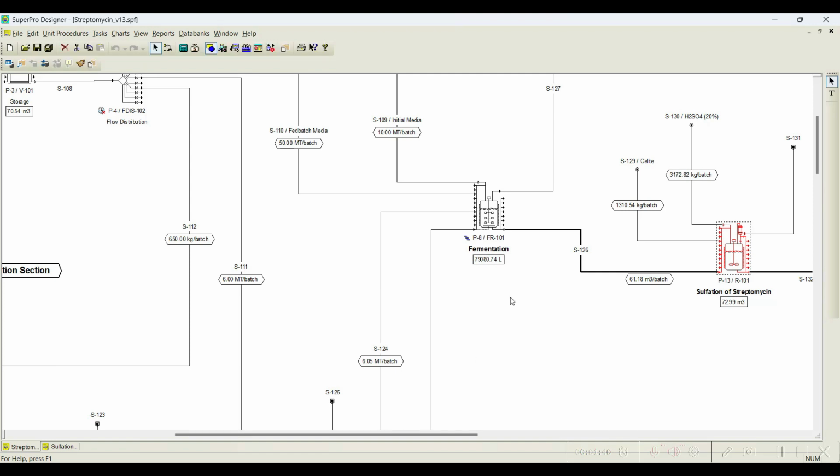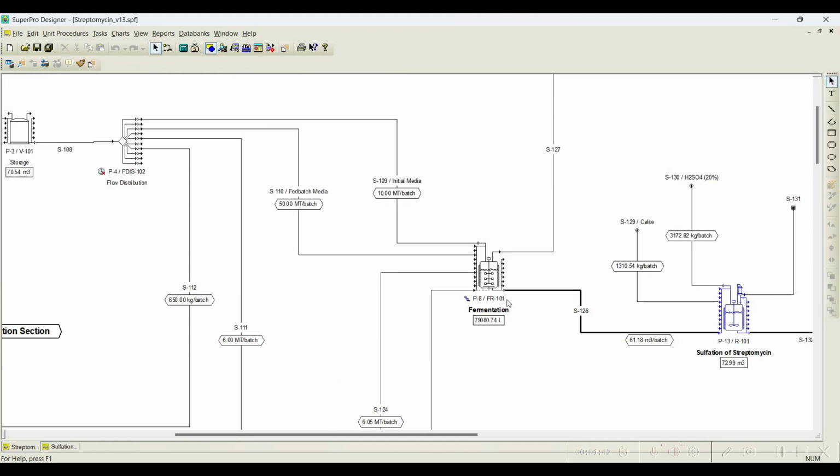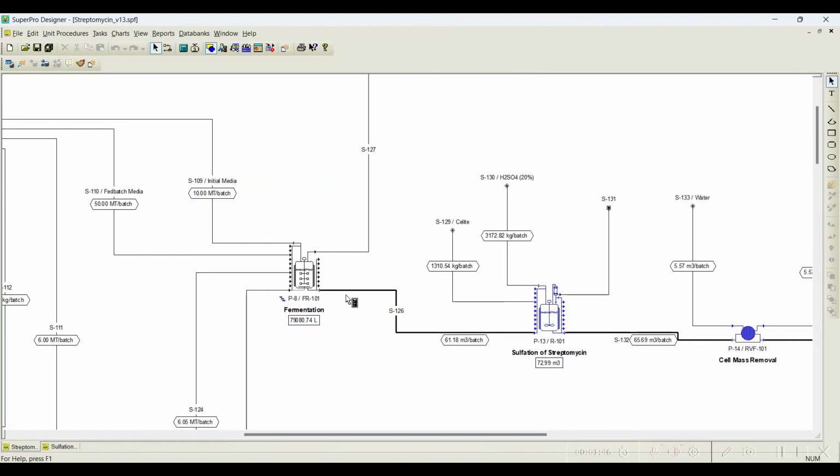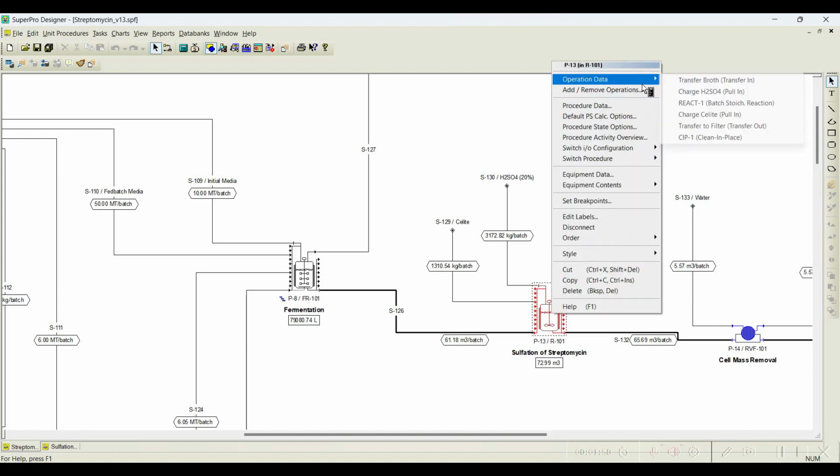When you see this streptomycin production process further, the fermentation broth is sent to a reactor. In this reactor, the streptomycin is converted into streptomycin sulfate by addition of sulfuric acid. And if you notice the operations available, the broth is transferred in, and sulfuric